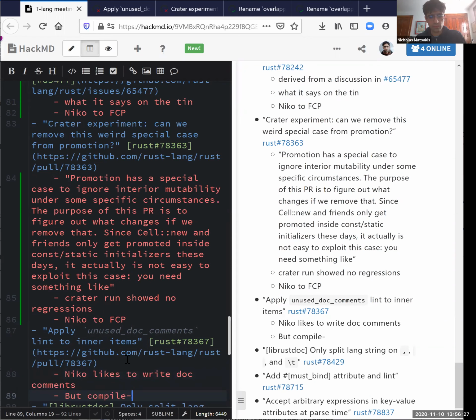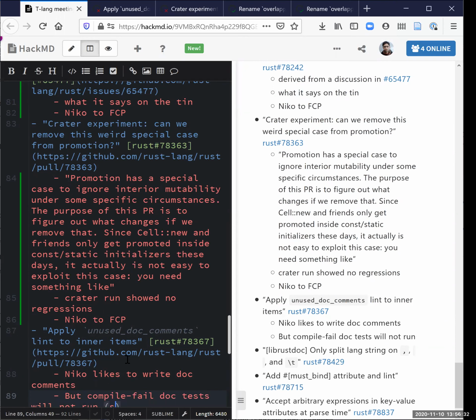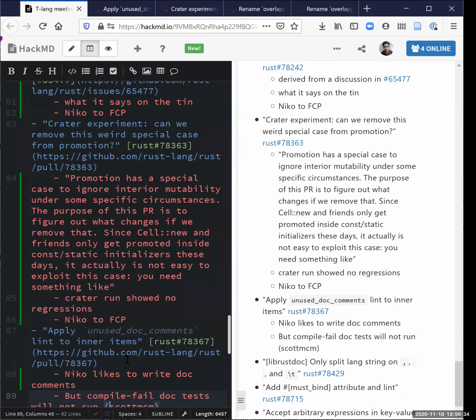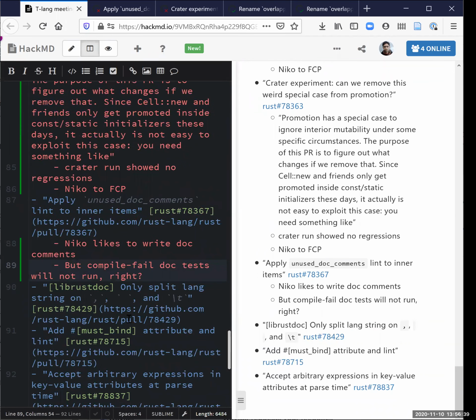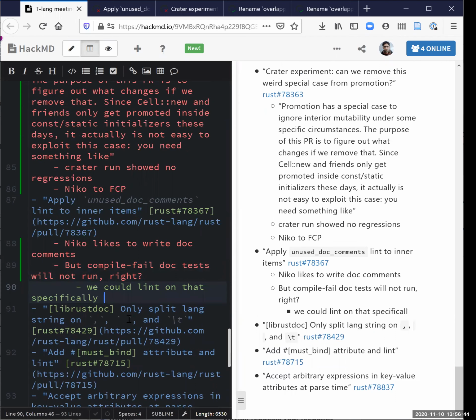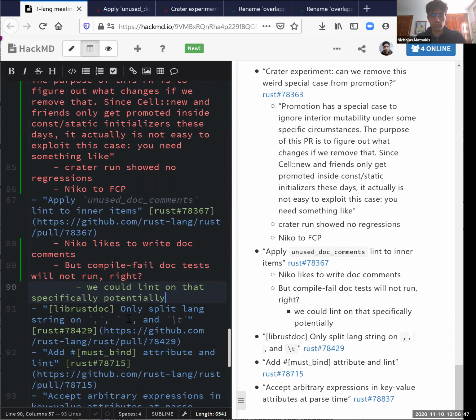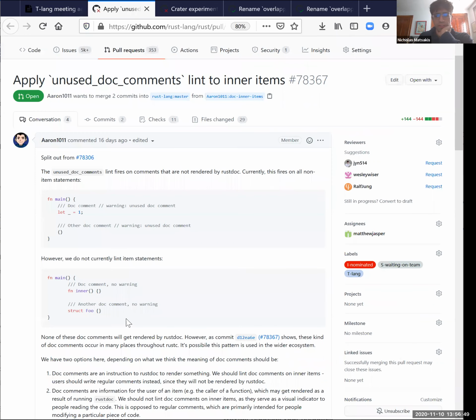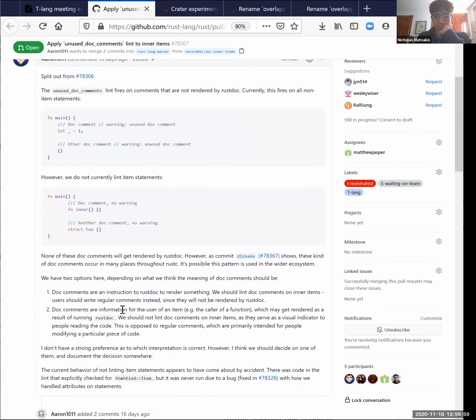Yeah. I would be entirely in favor of linting on a doc test written in a place where the doc test will not be run, whether or not it is macro generated. I don't know. The other point is, I wonder if that's actually true. Like, could we just run the test? Yeah, we should find out if that's true.